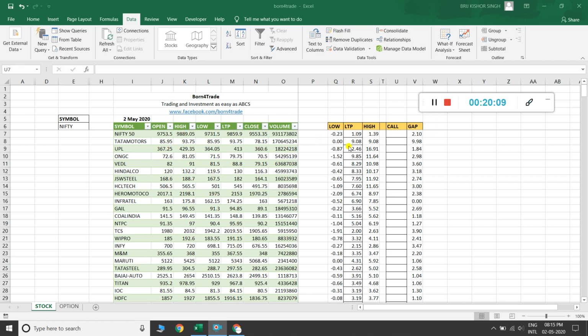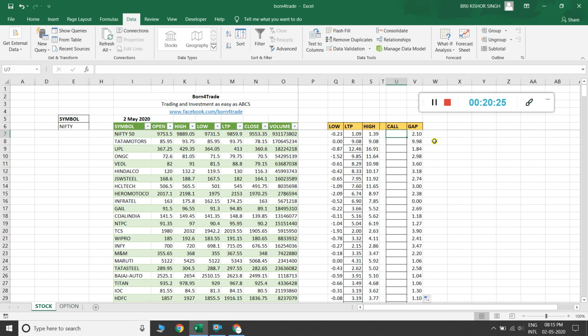First of all, here is 0.0, it means here open is equal to low. I am making just a logic behind to find a call signal here.